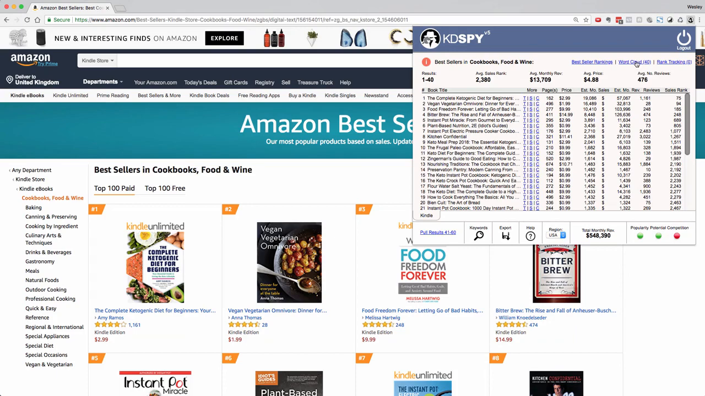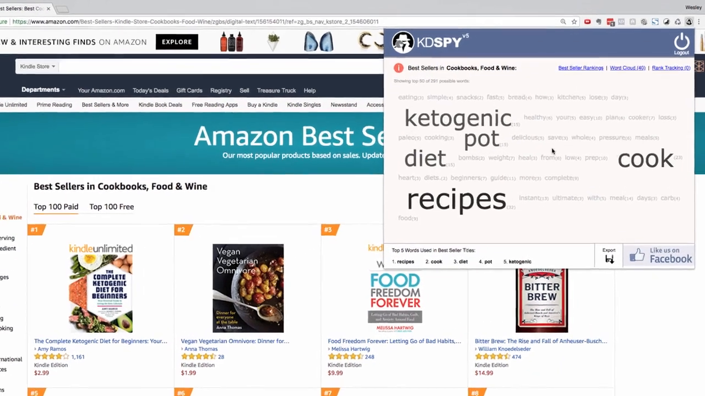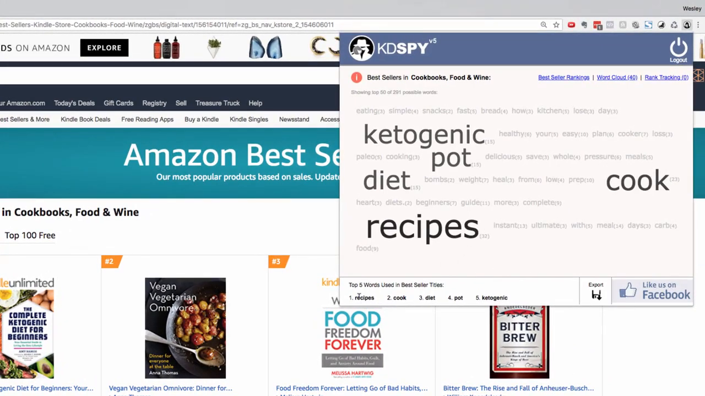At the top here you also get a word cloud. A single click into there will show you all of the words in use in the bestseller titles. So you can see down here the top 5 words used in the bestseller titles are recipes, cook, diet, pot and ketogenic. So what better way to perform your niche research than to discover what is already working for the